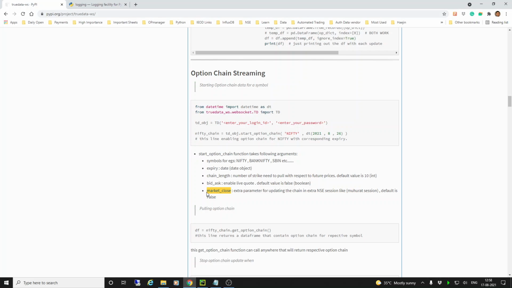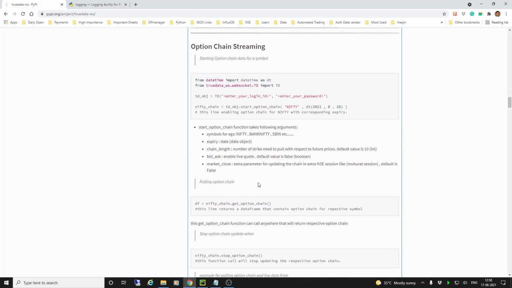This doesn't read correctly. We are going to give an update. We are going to call it market open post hours. So it will be market open post hours is equal to true. If you make it true, then the data will keep updating. So don't get confused. If you have anything, we'll update this later.